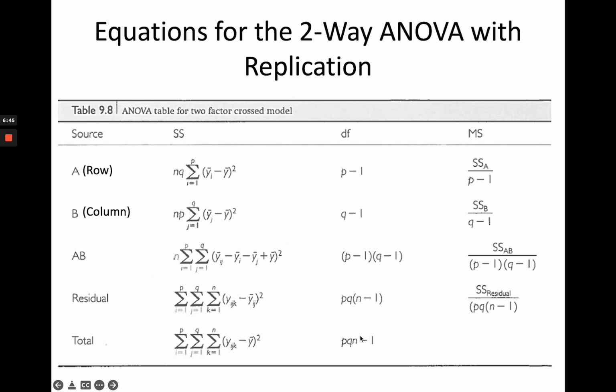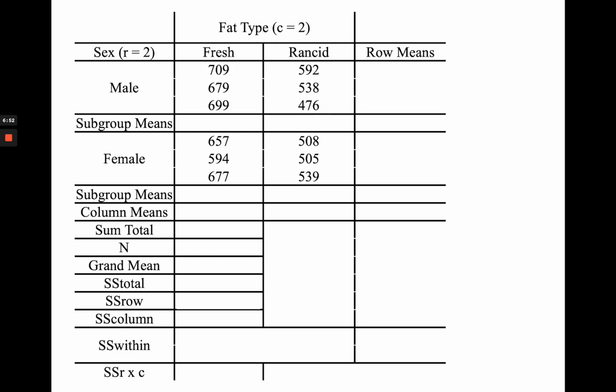So let's look at how this gets done when we look at an actual data set. This is a tiny data set in terms of total size. There are 12 observations, but those 12 observations are divided up across fat type and across males and females. So this was an experiment. It's a textbook experiment once again,